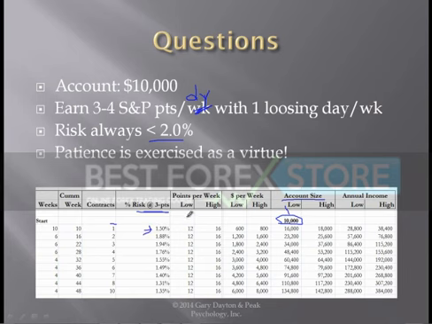So if we go for 3 points a day, and we have 1 losing day a week, then that should be an average. Some weeks you're going to get a little bit less, some you're going to get more, but you should average around 12 points. And on the high side at 4 points a day, it would be about 16 with 1 losing day a week. Everybody follow me so far? Let me see yes and no's.